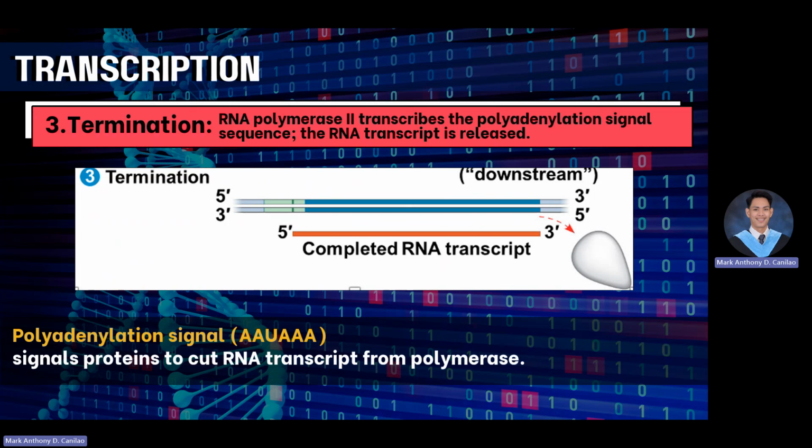In the elongation, the RNA polymerase, number one, untwists or unzips the DNA, and second, gives the nucleotide pair on the DNA template strand. It is important to know that we do not use thymine in the creation of RNA. Instead, we have uracil. And for the termination part, when we reach the last part, we have a polyadenylation signal, AAUAA, that causes the RNA polymerase and the mRNA transcript to detach from each other. So at the last part, we have created an mRNA transcript.